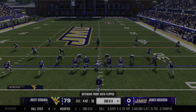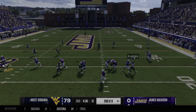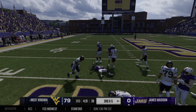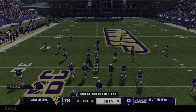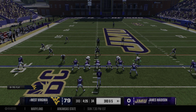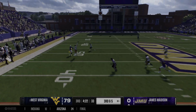Didn't get much on first down. It's 2nd and 9. He's looking to throw. He makes the connection. Didn't pick up a lot there. Moved it forward just a few. I love offenses and quarterbacks that are willing to take the easy stuff. Take those easy throws that are guaranteed to get positive yards. Yeah, I'm going to take big shots down the...